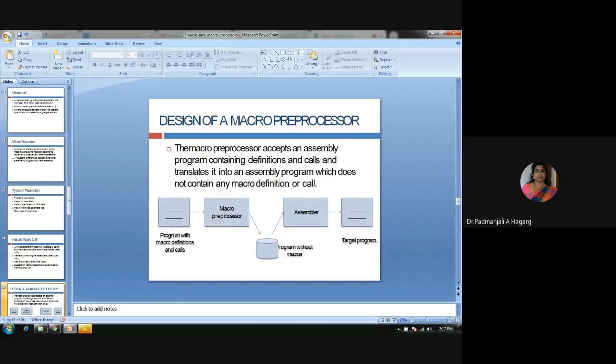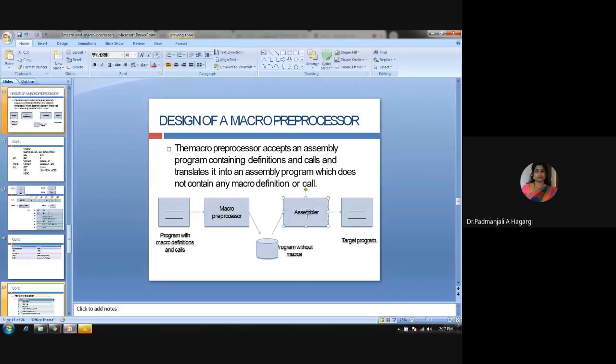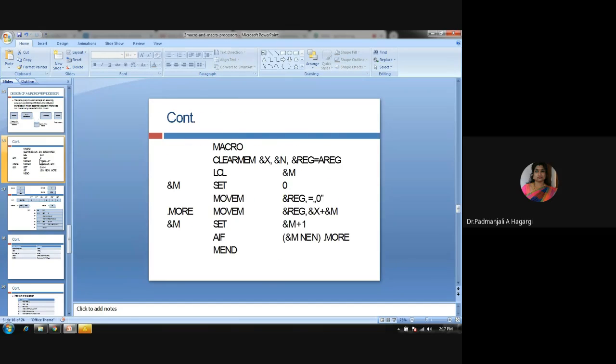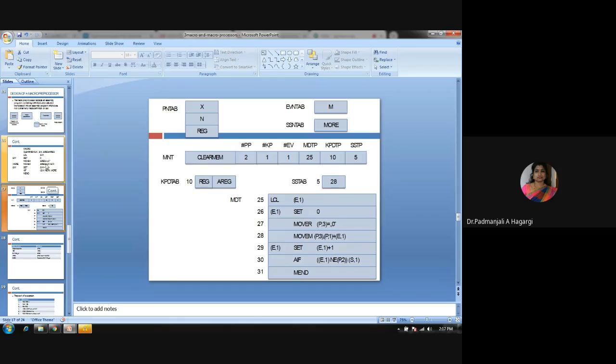Okay, a program with a macro definition and calls. So it is pre-processed. The macro is pre-processed and is given to the compiler. The compiler will give you the assembly language. That compiler part is not taken here. It will give you the assembly language, that is nothing but machine understandable language, and that machine understandable language is taken as the input by the assembler. The assembler generates, you know very well, the target program or the object code. And here is also one more example, but that example is of using set.